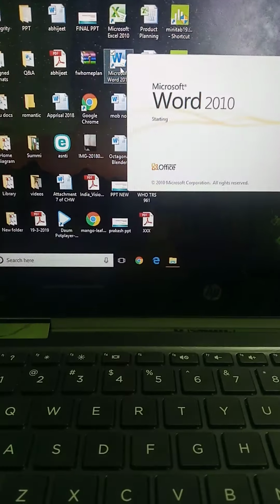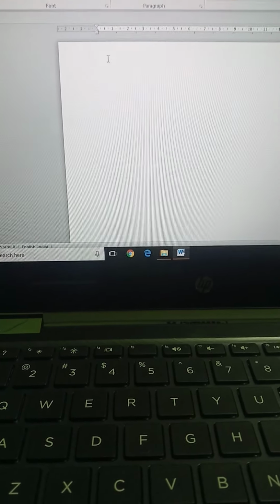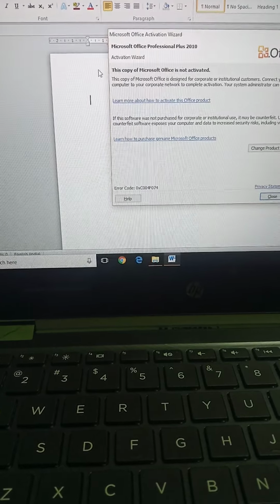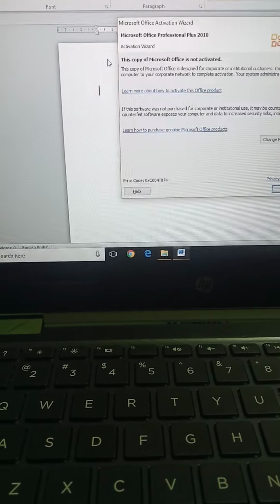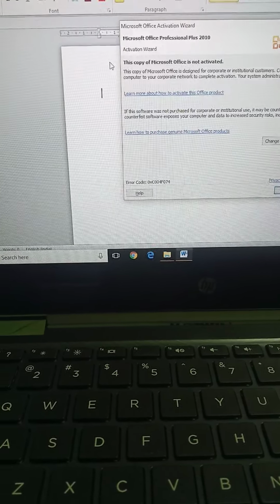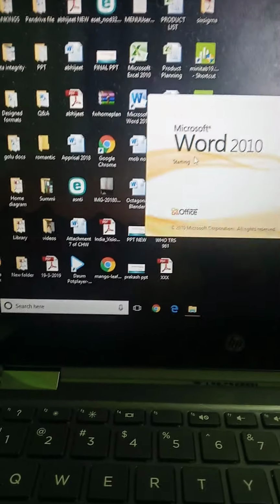Understand? Next is exiting of Microsoft Word. How will you exit? How will you go out from Microsoft Word? In the File tab only there is one option, exit. You will click here, then it will be exited. Understand? So whatever we want to do in Microsoft Word, like open a new file, open a previous file, save a file, print a file, we have to do with the File tab. Understand?